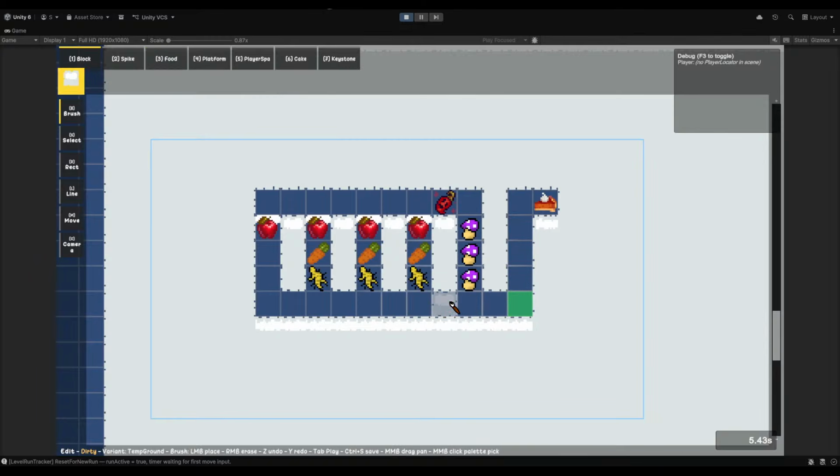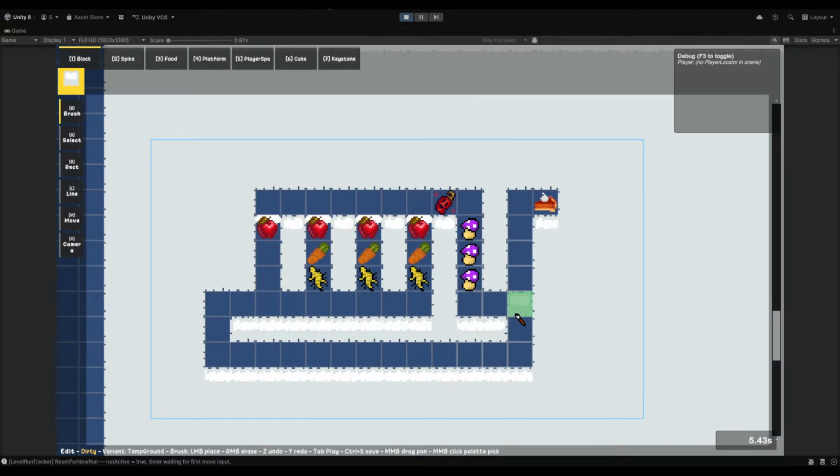Shit. I do have to actually do the platform thing I talked about. I don't want them having to walk all the way here just to get back, but maybe we have to.